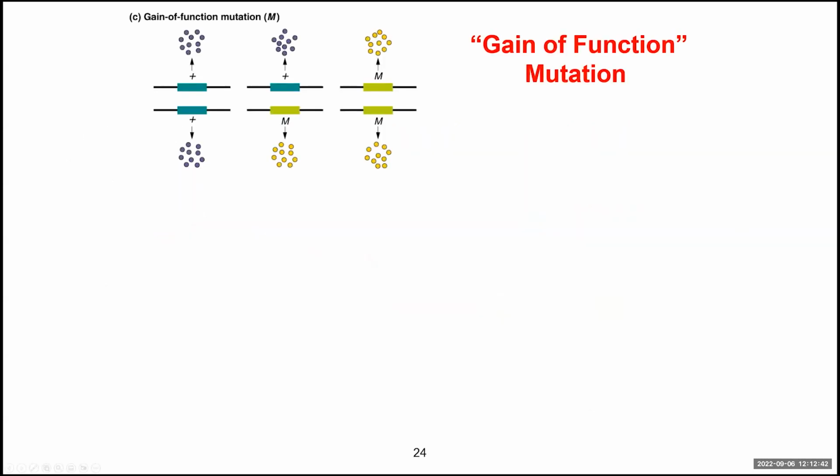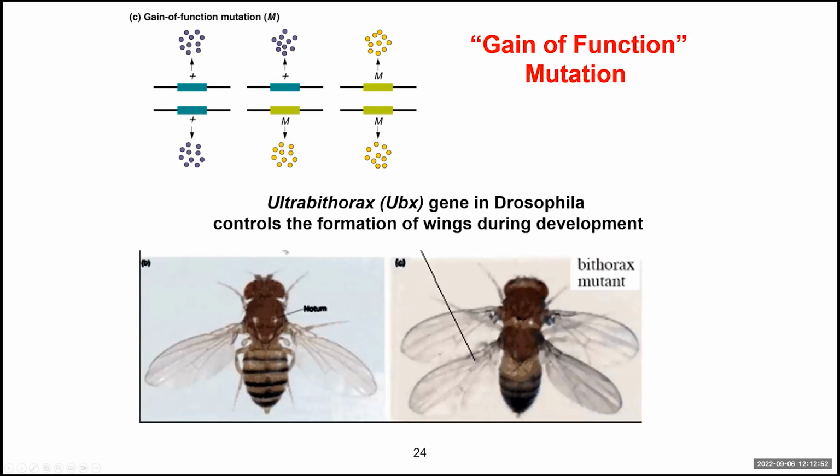Gain of function mutations work a little differently. So for example, in this mutation, we are changing the way the protein is made when the mutation occurs. An example of that would be something like this ultrabithorax mutation. Here, we're changing the identity of part of the body to mimic the previous part. This results in gaining a different function at this location. While it might seem like this fly should fly better with 4 wings, it actually doesn't. Because its body is so short, the wings get in each other's way, and the fly has a really hard time flying. Most